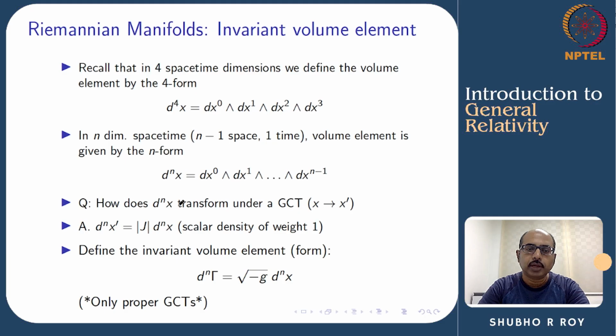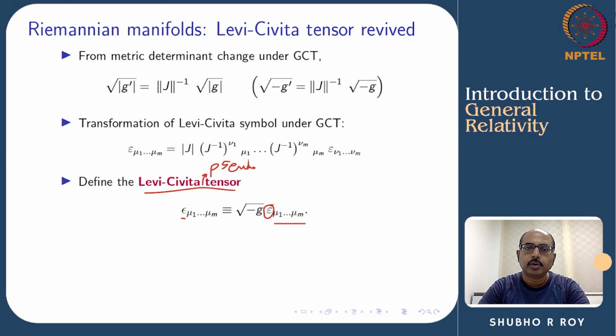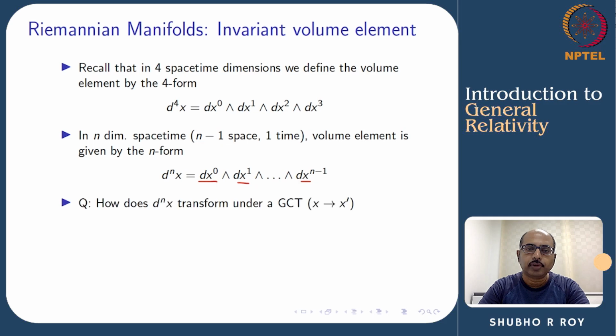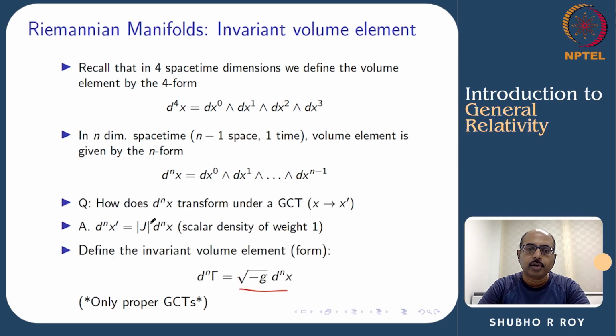So to get an invariant volume element or volume form, we define this combination again, just like for Levi-Civita. We define this square root of minus g times d^n x. And as you can see, the transformation law for g will have this inverse of the Jacobian determinant. The transformation law for the volume will have one power, so they will cancel each other and you'll get some invariant